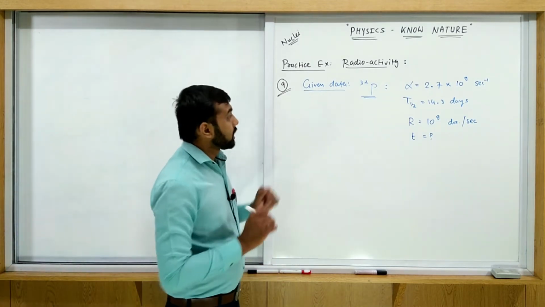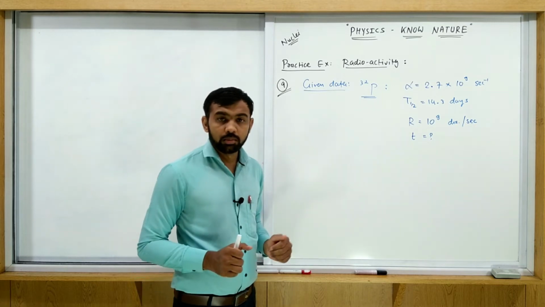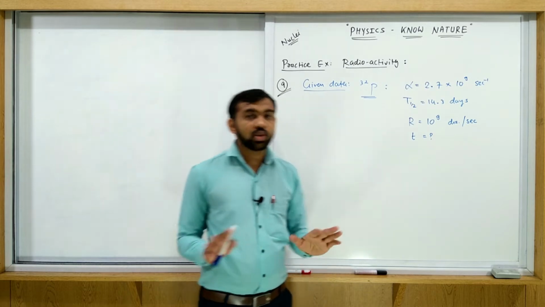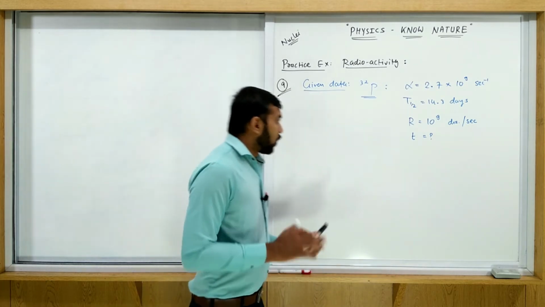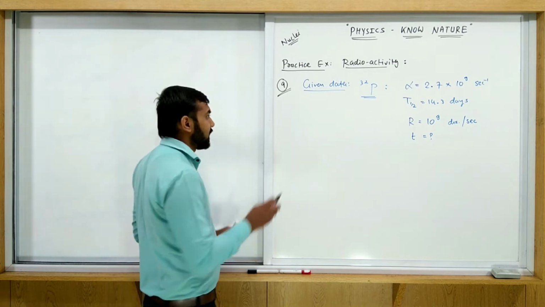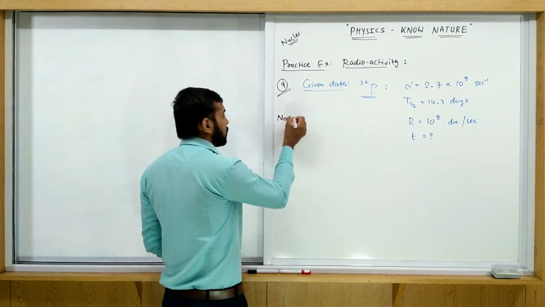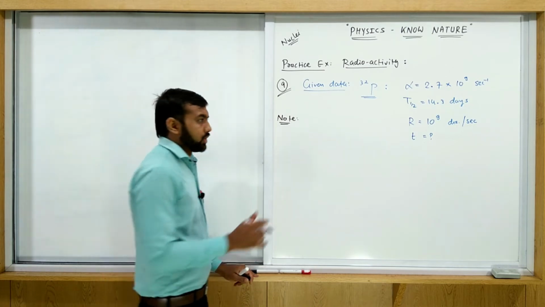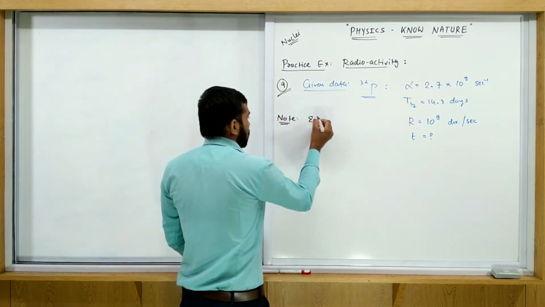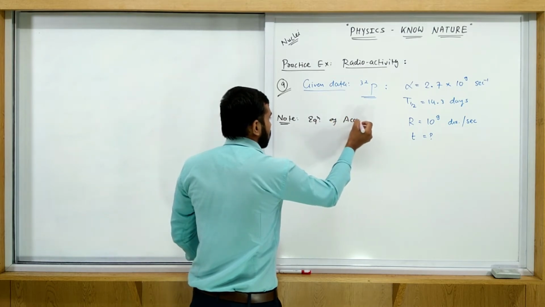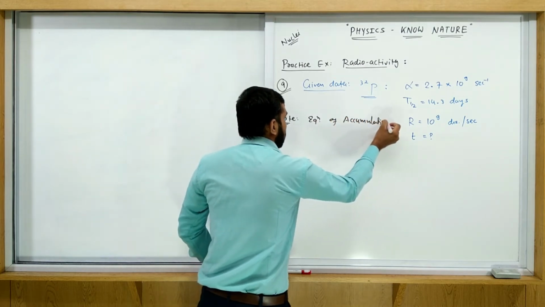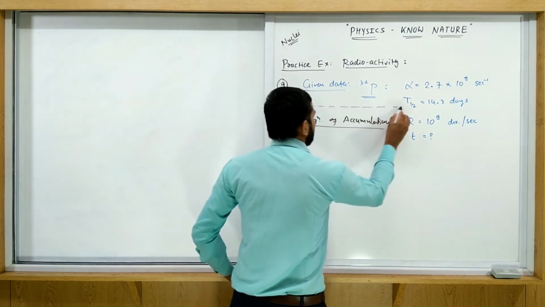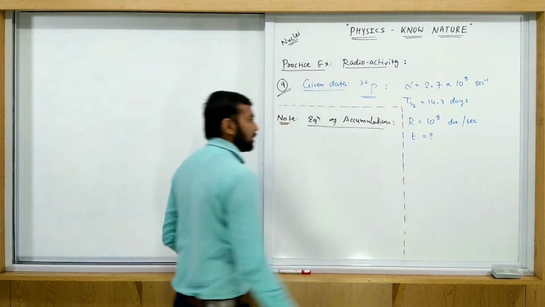Up to this example we solved this type of problems, but at that time this accumulation rate was not given to us. Only this type of situation occurs here. Let's write a note for this example, then we go to the solution. We derive the equation of accumulation first.